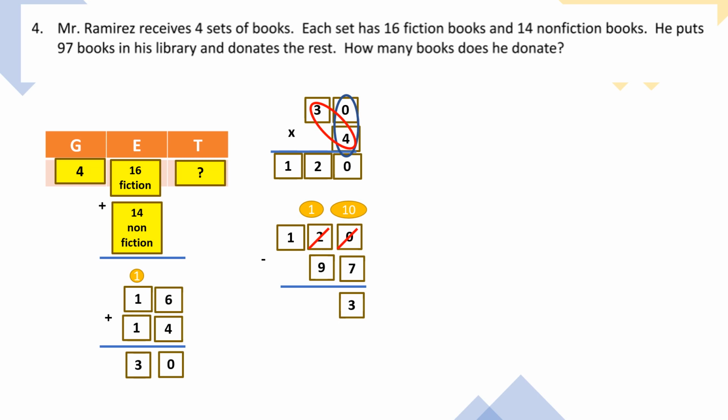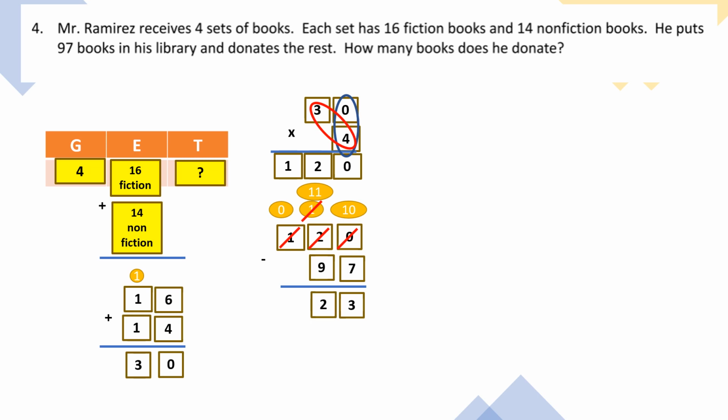1 minus 9. Well, I don't think I can do that. If I hold up one finger and I try to take away 9 fingers, I cannot do that. So I have to borrow. I have to go next door to Mr. 100. All right, so that 1 in the hundreds place is going to turn into a 0 because I took it. And now my tens place is 11. Okay, so now I can start solving yet again. 11 minus 9 is